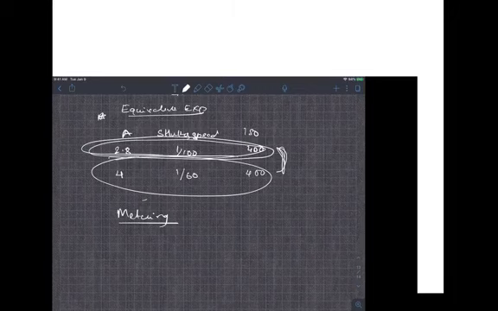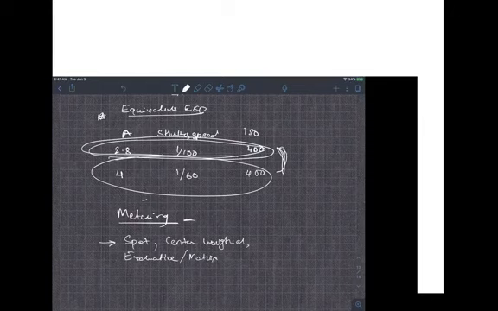Okay, so this is what we talked about. And we have spot, we have center weighted, and we have evaluative or matrix. Right? And all metering is done with a comparison against 18% gray. Okay, so this is the stuff which we covered today. So now I'm just going to go over some questions.